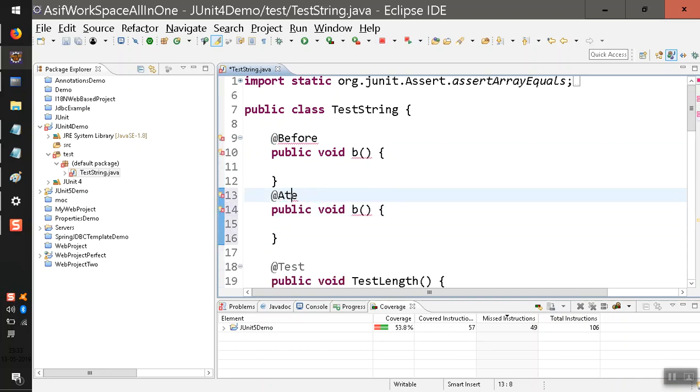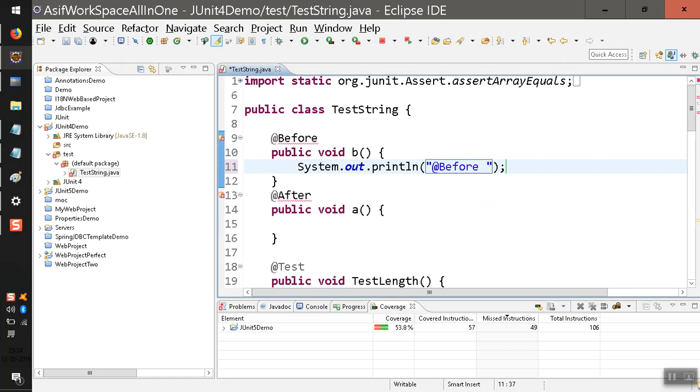So I'll be using @After. So this is @After. Similarly, I will say